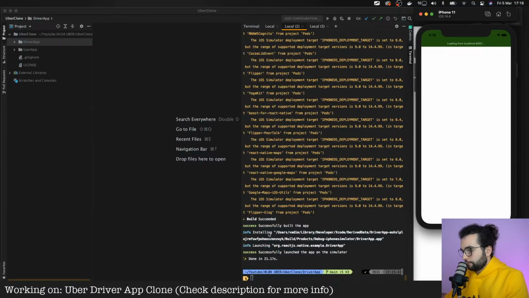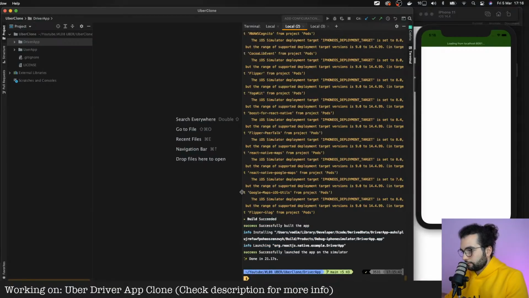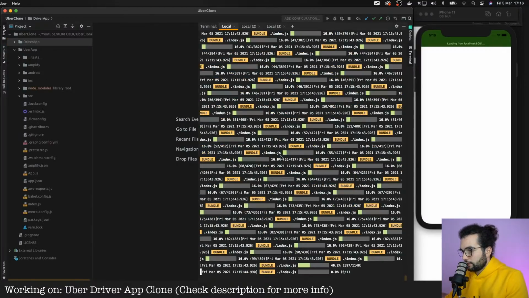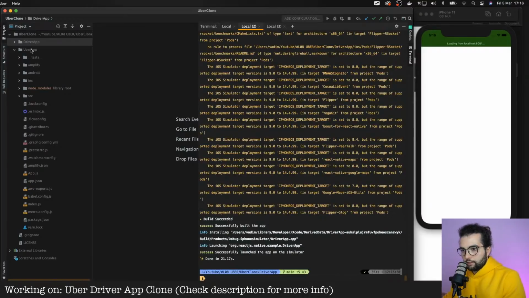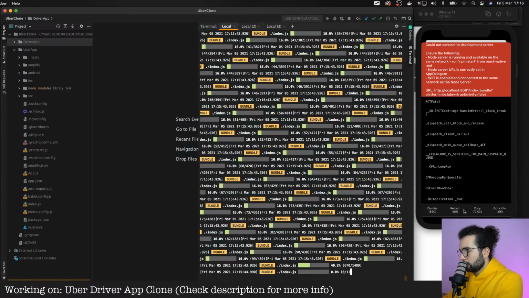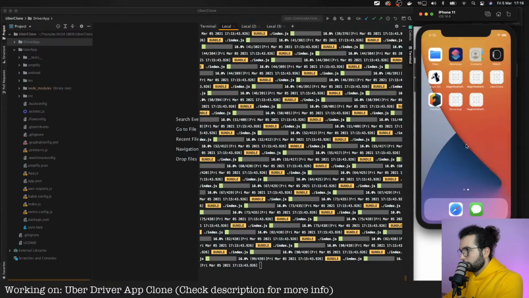Come on. What's happening here? Oh my god. Okay. So let's have a look at the could not connect to development server. Oh yeah, because that's the driver app.